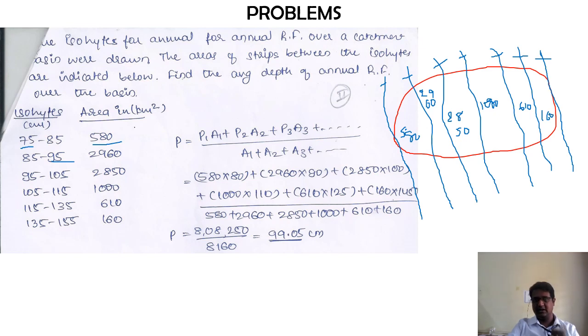Here also the formula is going to remain the same. If you check here, instead of writing P1 plus P2 by 2, I have just written it as P1, because I have represented P1 as the average value itself. The first value varies from 75 to 85, and the arithmetic average of this is 80. So the same 80 we have taken as the value of P1 over here.